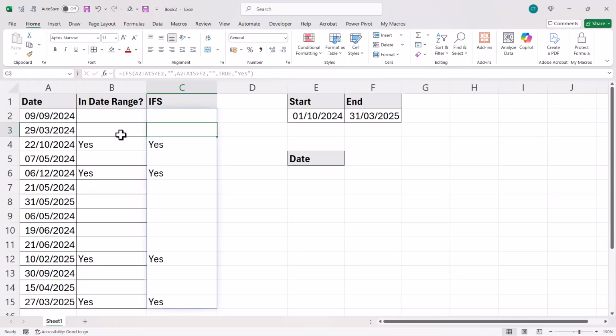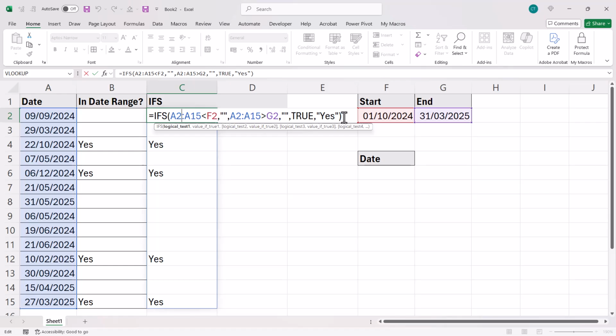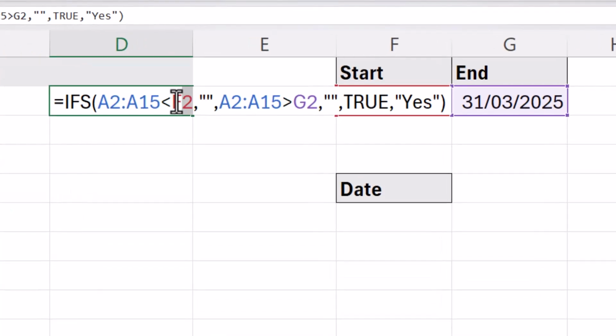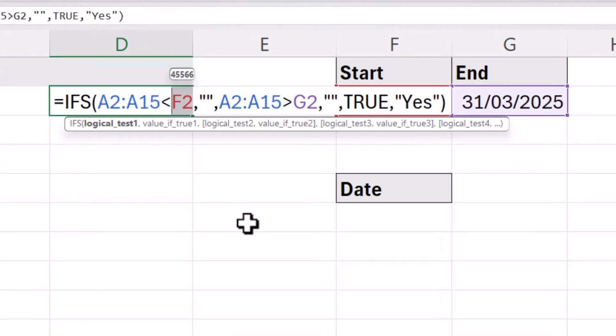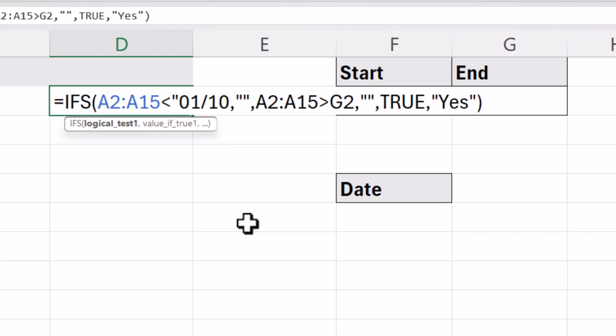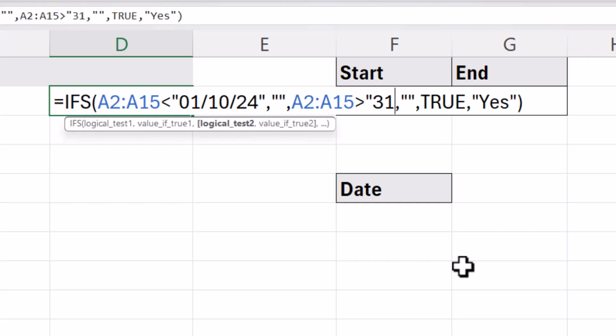Now, both of these methods have assumed that you want to refer to cells with your start and your end date in. And that's probably the best method. But if for whatever reason you need to hard code or type the dates directly into your formula, this is how you would do it. So what I'll do is I'll just copy this formula over here. So instead of referring to F2, what we need to do is type in the date, and I'm putting it in speech marks. And G2, that would be 31st of March,